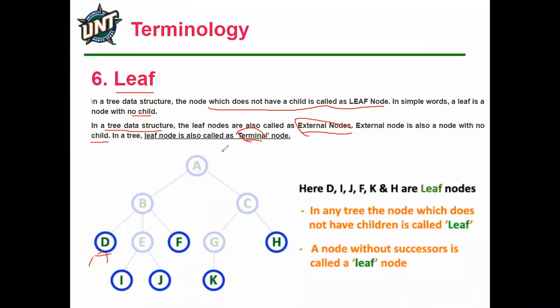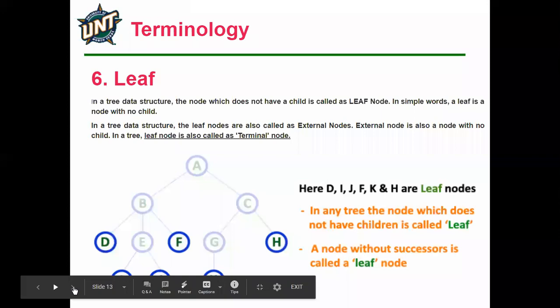I hope everyone is clear now. So why is it called an external node? Because we can externally add another node to that child. When we add externally, we will see the B tree and B plus tree concept. When we see advanced trees, at that time the external node concept comes. That's why the leaf node is also called the external node; we are adding externally into that tree. The original concept is what a leaf node is. I hope everyone is clear now. These are very simple concepts everyone should understand.